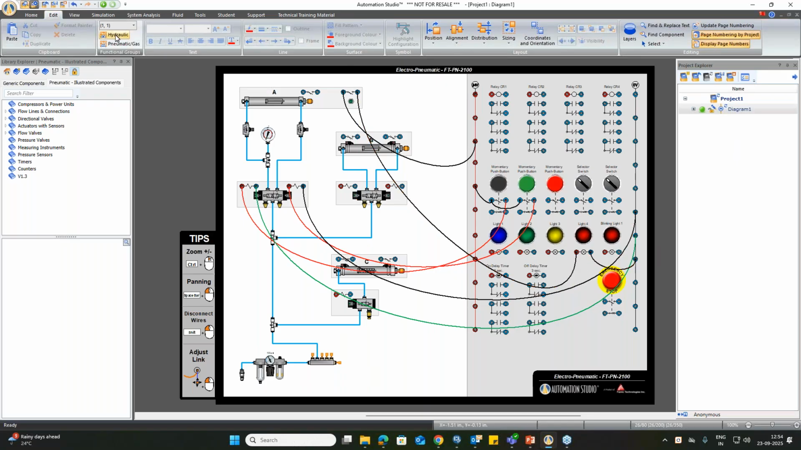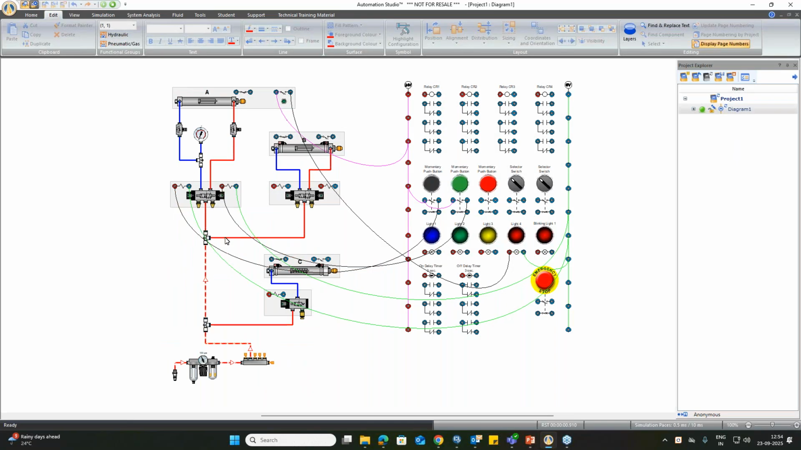Okay. So when I start the simulation, you can see how this simulation is working, and you're also getting real-time feedback of your simulation. In this way you can connect this light, you can connect the circuits, and also you can see how the sensor is working. As soon as the piston reaches this sensor, the light also glows. Okay. So when I click on this push button, you can see,